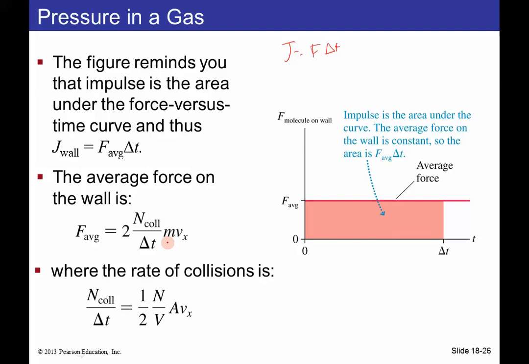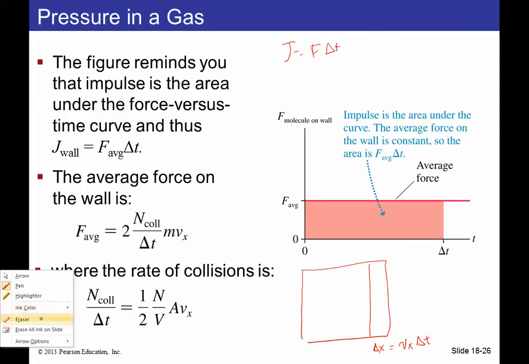Well, for the number of collisions, remember, let's imagine that we have a box, right? And then let's look at this section of the box, and this is delta x, right? And delta x would be equal to Vx times delta t. So any particle in this region moving to the right will collide with this wall in a time delta t. Any particle outside this region will not collide with the wall, right? So then we can write